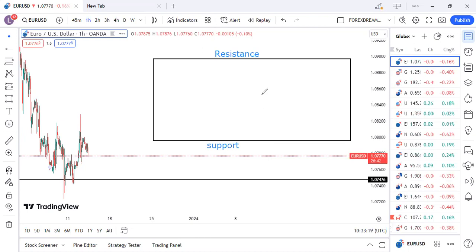Now, how does the market move? You go to a higher time frame, which is going to be weekly. On your weekly, you look specifically for resistance, the support, or the support and resistance, still the same. We'll check: the market starts from here at resistance and comes to this support. We figure something out from a higher time frame. What is it that you have to do? You go to a smaller time frame, from about 4 hours up to 1 hour, looking for a buy opportunity, as the market could already be in an uptrend.